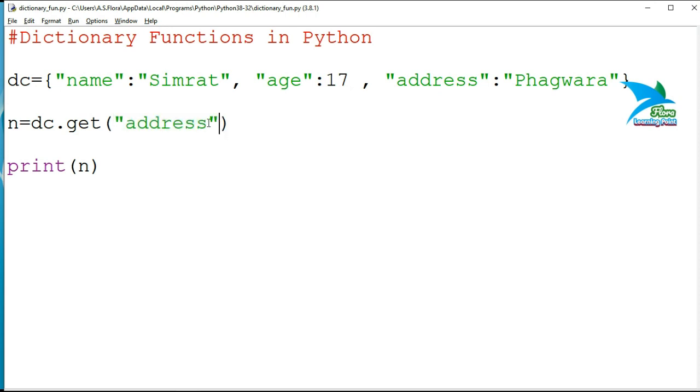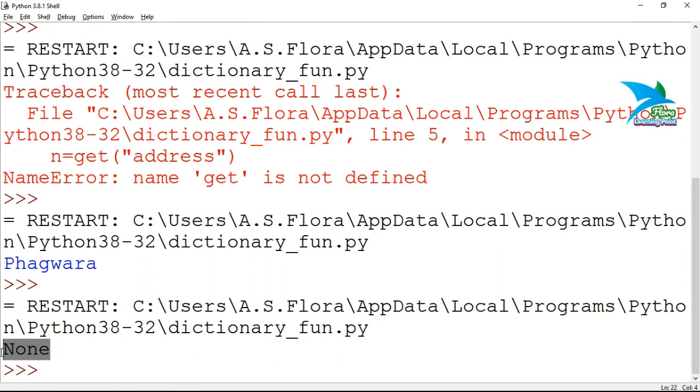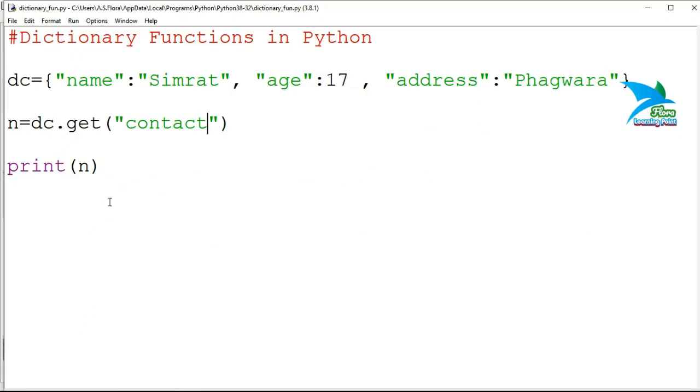So let's demonstrate. For example, if you specify some other key name, let's suppose I'm going to give a key name like contact, but the contact key is not available inside this dictionary, then the system will return none. So the second parameter decides that if that key is not available, then what value the system will return. So I'll specify